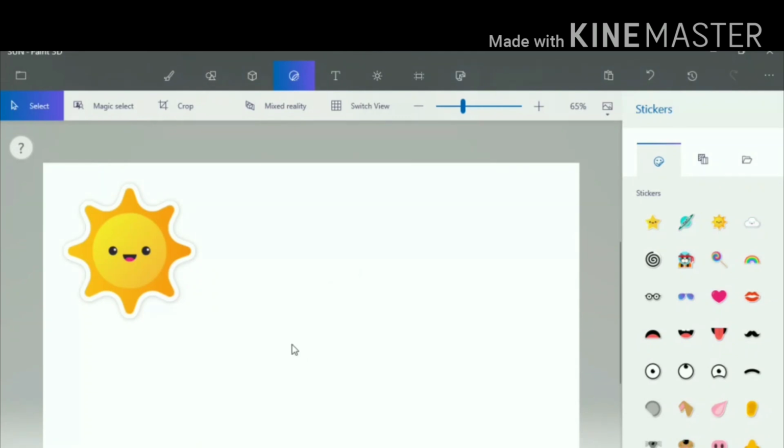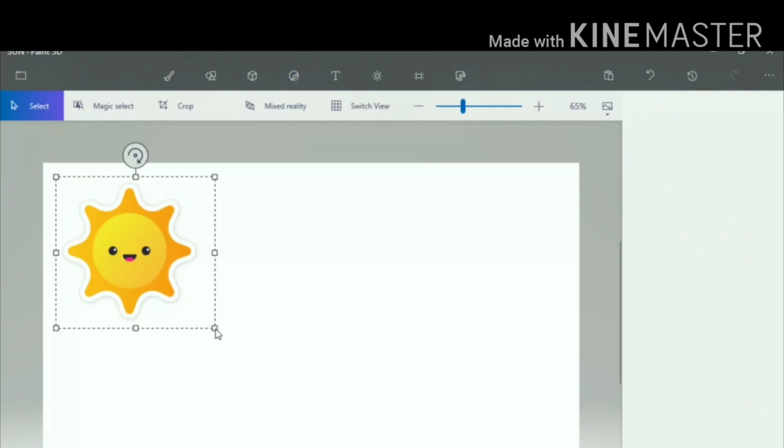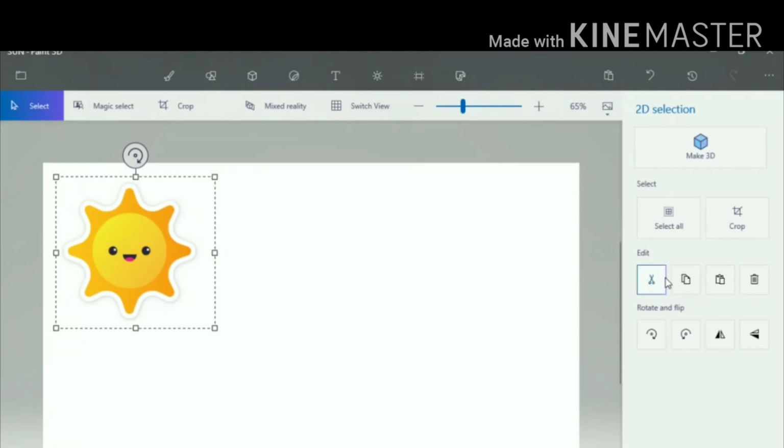Now select the sticker using the Select tool from the top menu. Here is the Select tool. Now select your sticker. After this, you can see there are some options at the right. Now select the copy button under the edit option.